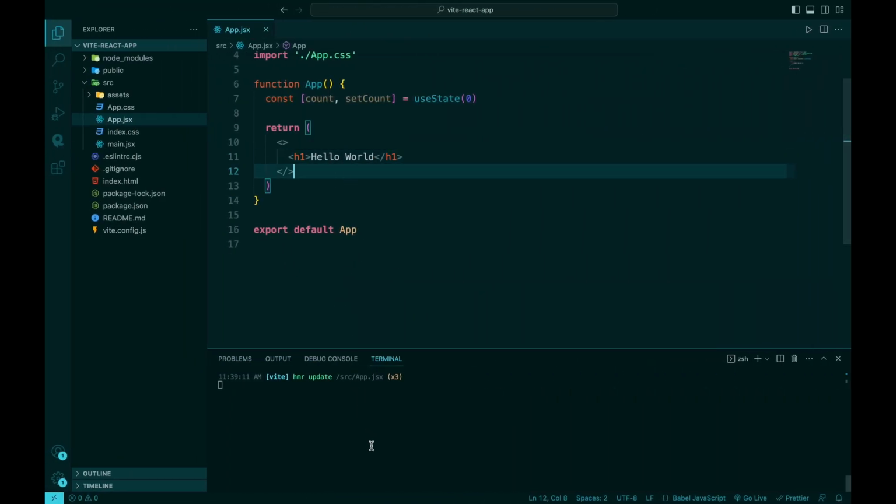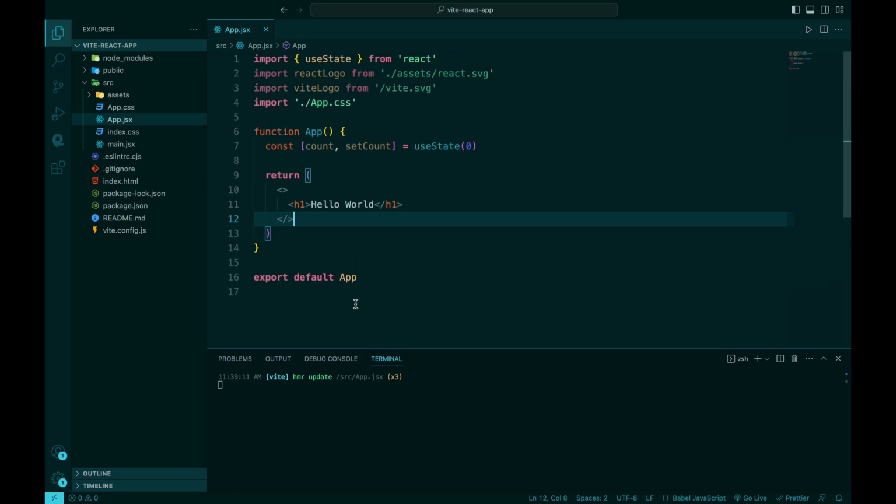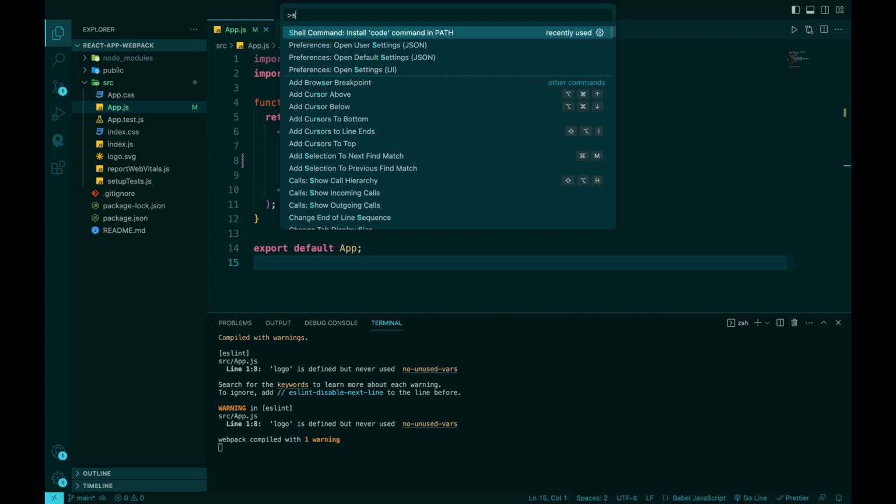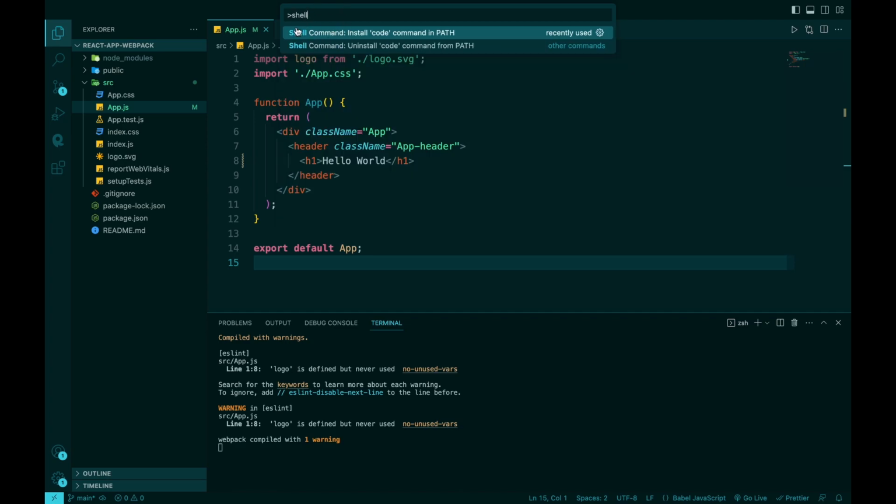Now let's set up the code command to open your project in VS Code. Hold Command plus Shift plus P, then type shell. Click on Install code command in PATH, and that's all. It will